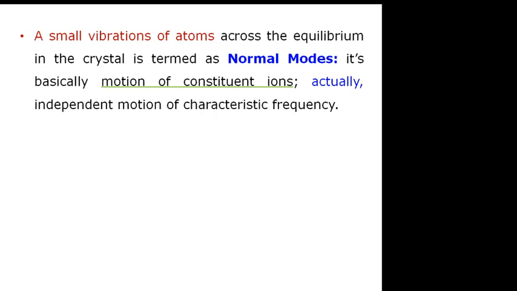Lattice is a mathematical tool about the assumption and presumption of a group of molecules or atoms in a space, plus a group of atoms. So you can maintain the periodicity in the space, you can visualize the periodicity in the space, and that is the meaning of the crystal. So lattice plus basis is a crystal. Lattice means mathematical model, basis means group of atoms. Okay, so with this concept we move ahead.